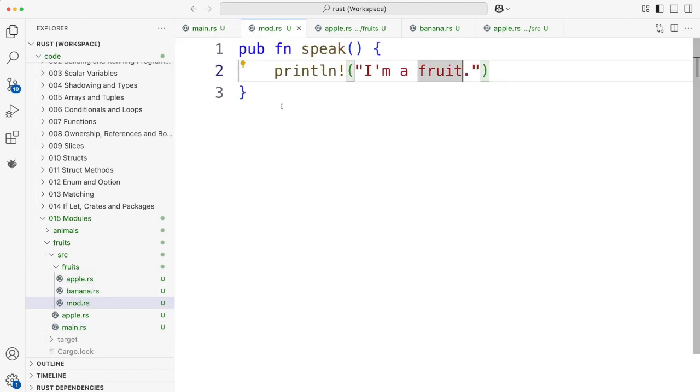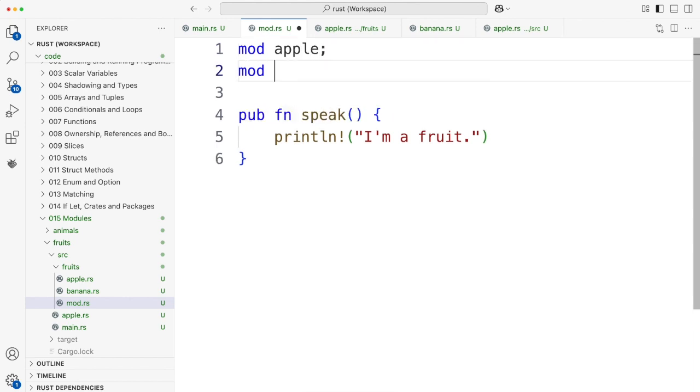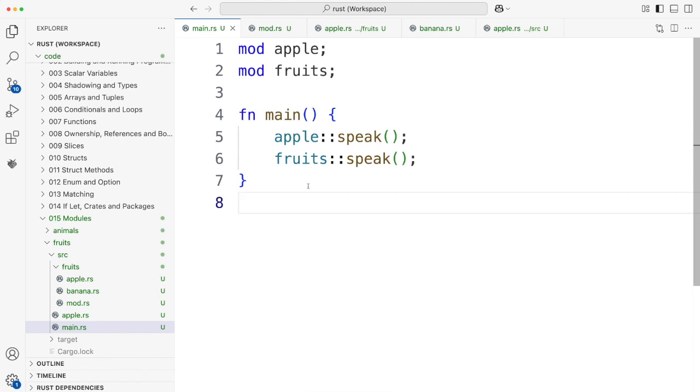So let's go back to mod.rs, and I believe I should be able to do this using a couple of re-export statements maybe. So in here I could use a relative module path, I think. No, wait, I don't want that, do I? I think what I want is to declare these modules. So if I say mod apple and mod banana, okay, so now when Rust tries to compile main.rs, it's going